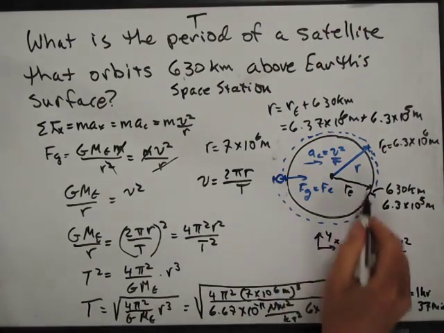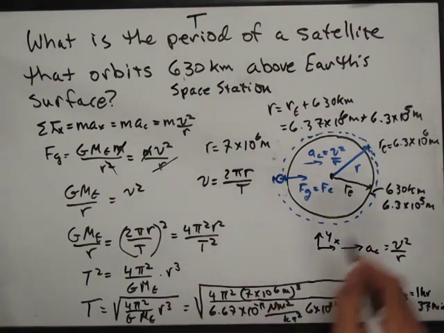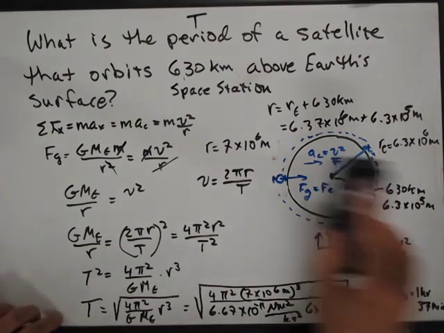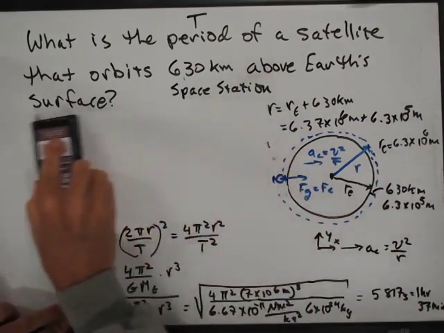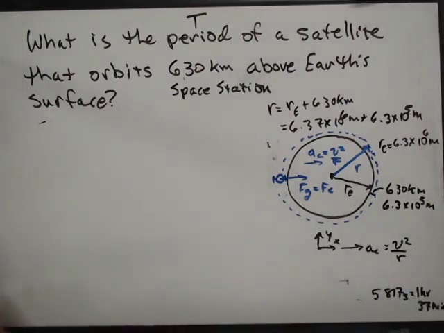So this is roughly the orbit of the space station, and what all this says is it takes a little over an hour and a half to go around the Earth one time. So its orbit of the Earth is pretty quick, right? Imagine traveling all the way around the Earth in an hour and a half. Right? So then I can ask a few other questions. That's the period. I can say,